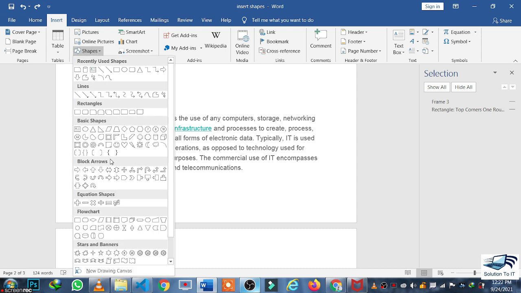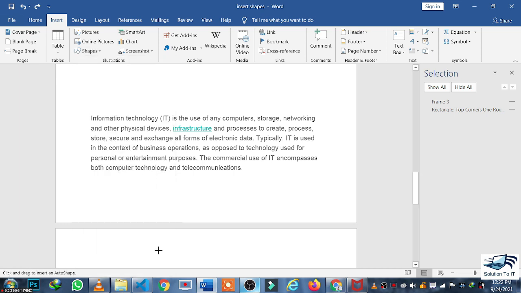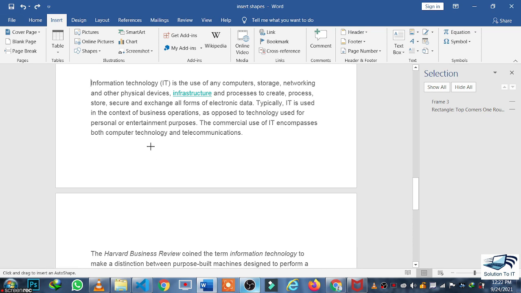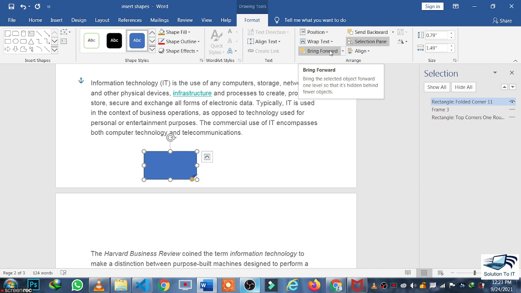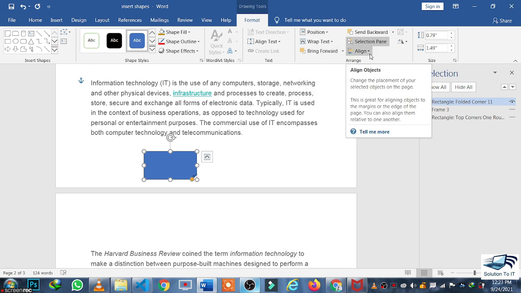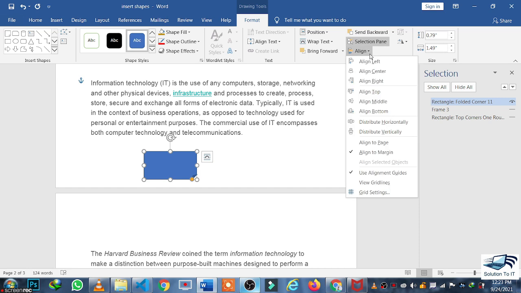So I am taking another shape to show you some more options for formatting the shape. When I click on the shape, different options will appear again, and the next option is Align Objects.